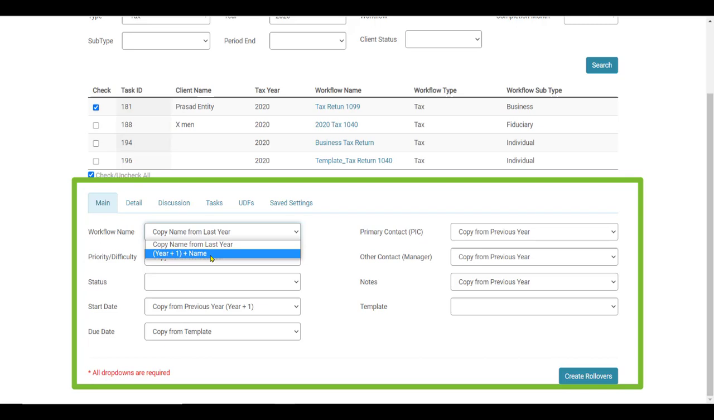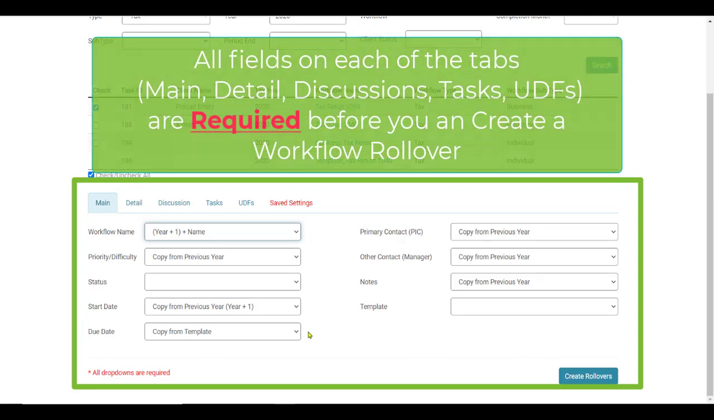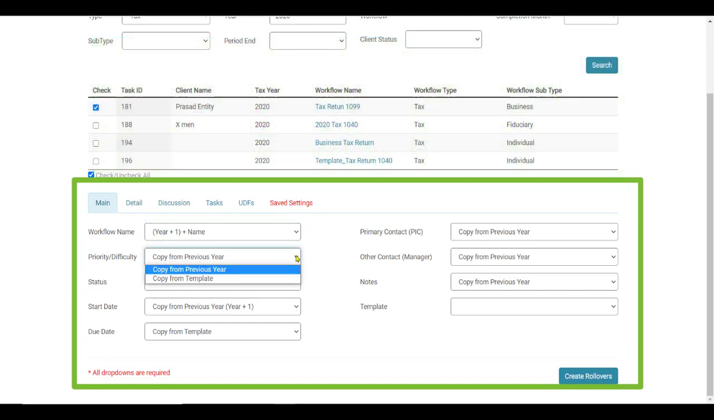Tax return 1099. Once you make that selection, I'm going to select the year plus one in the name. Now, each field or drop-down that you see on the main tab is required. Some of the fields already come pre-populated, and as you drop into those drop-downs, you can select different parameters as they apply for your organization on how you're going to roll